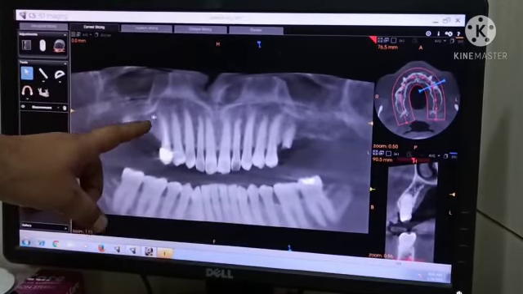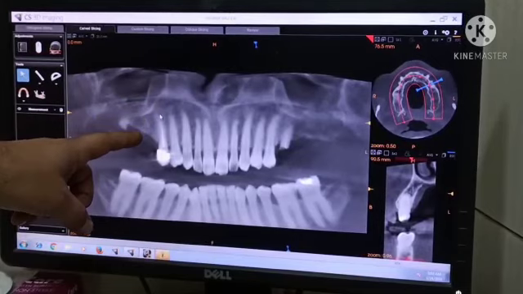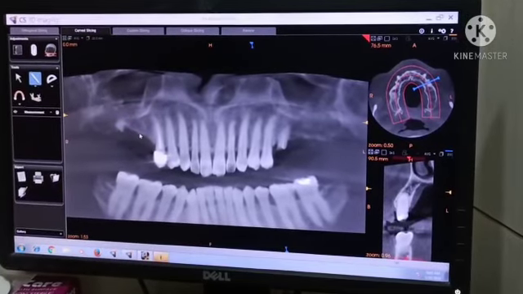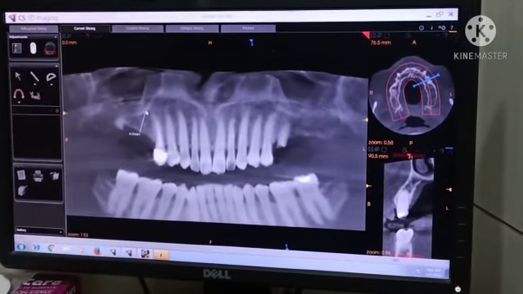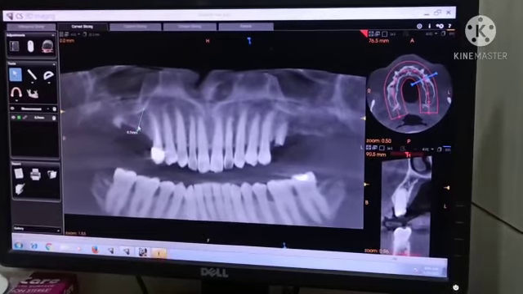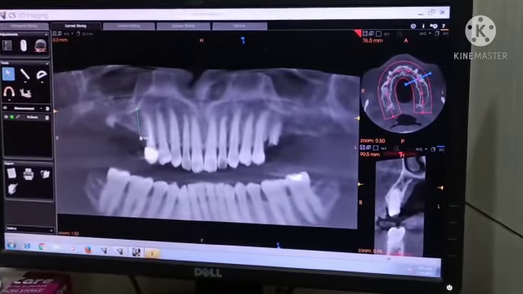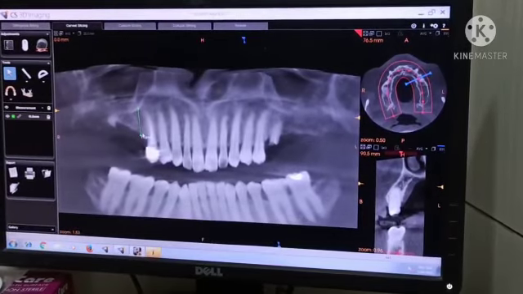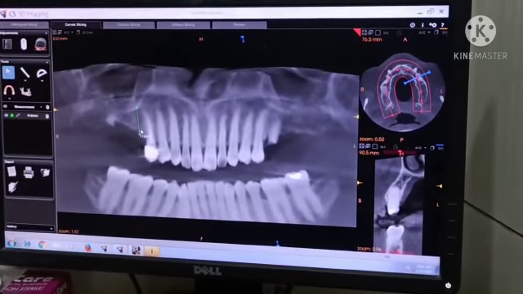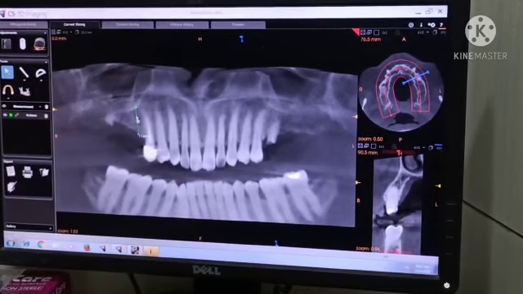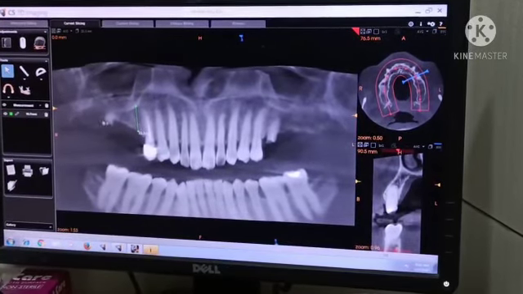Insert the implant from anterior on this side, a longer implant. This is also possible. You can place the implant like this also. You are getting more length, right? That is also possible. Bend it. Or put the implant close to the premolar, just distal to the premolar. You have a little longer length, around 11 to 12 mm.